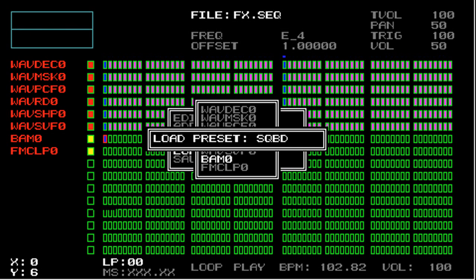So I was scrolling through by using the digital pad. You can also use the analog pad in order to go through different preset names. So when you find the preset you want to load, you push X, and now it's asking you if you want to overwrite the frequency data. And